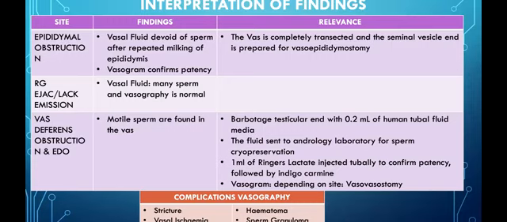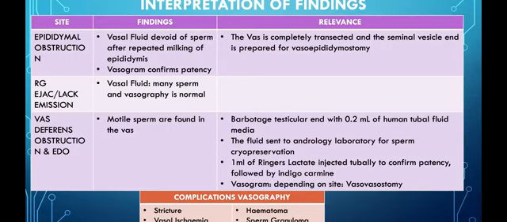So again, apologies for the slide, I think it moved a bit, but what one finds is, for instance, in an epididymal obstruction, the vasogram usually shows the vas is patent, and the vasal fluid will be absent of any sperm. So then you know that this is most likely epididymal obstruction. You can then usually do a vasoepididymostomy. With retrograde ejaculation or lack of emission, the vasogram will be normal, and there will be many normal sperm in the vasal fluid. And then with vas deferens obstruction or ejaculatory duct obstruction, motile sperm are actually found in the vas.